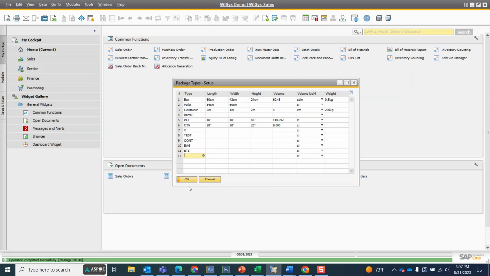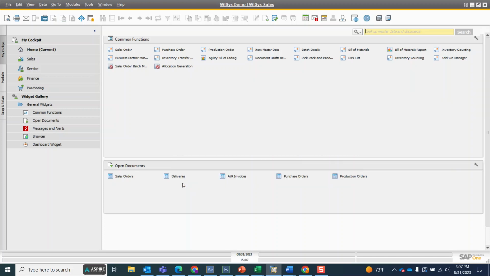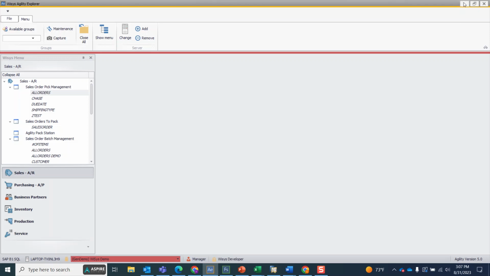So now this isn't really going to affect much today as far as the tailoring is concerned, but for the sake of our system working here, we have added our bottle as a package type within Wisys, so we can use that in the Wisys packaging layer, and then we added it in SAP as well, so that, of course, SAP can recognize our new package type. Now I'm going to hit OK, and our package type is set up, and we can get into our tailoring